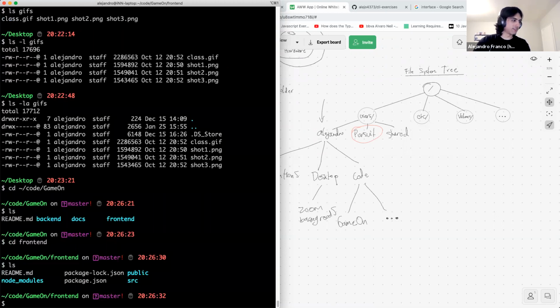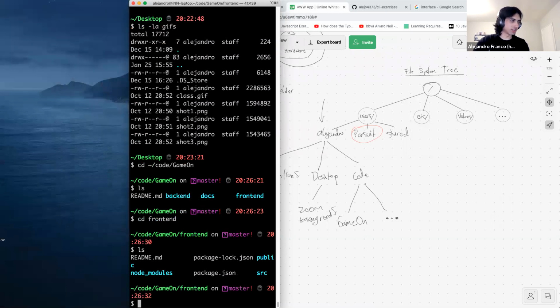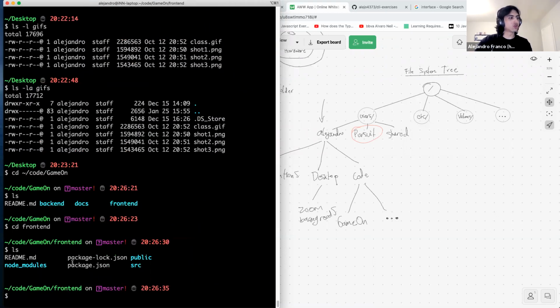And then here I have a traditional front end in React. So we have a package.json. cat can help me see the package.json without having to open it. If I want to look at what's inside, I can open it with VS Code. But if I don't really need to open VS Code and I just want to look at something quick, I could use cat and say cat, the argument is package.json, the name of the file,